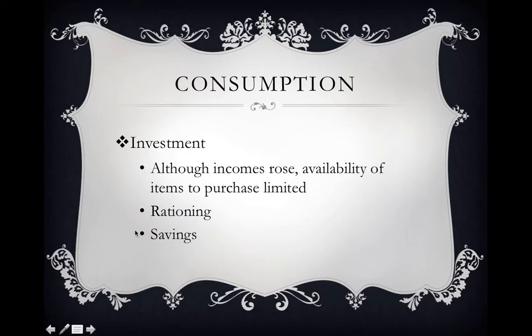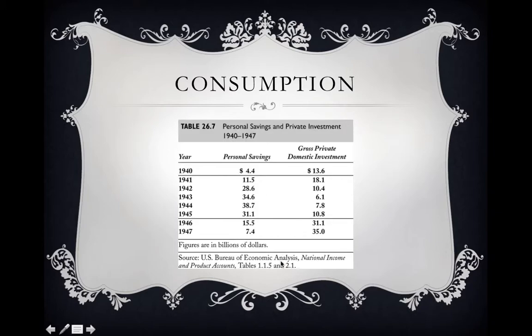So what ended up happening was that people's savings increased dramatically during World War II because as their incomes were going up, savings would naturally go up. But also, the fact that consumption would normally increase was dampened by wartime rationing and the fact that goods were not available for individuals. So that further increased savings rates.